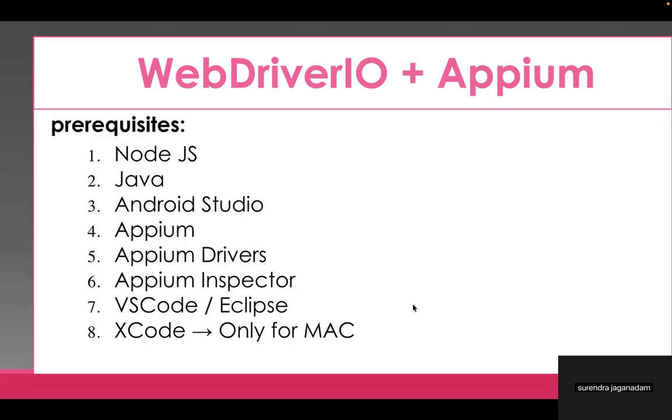So, guys, as part of today's session, let us see the prerequisites that we need to configure our machine to work on this particular mobile automation testing. The first and foremost thing here is you need Node.js and then you need Java. You need Android Studio, Appium, Appium drivers, Appium Inspector, and an editor